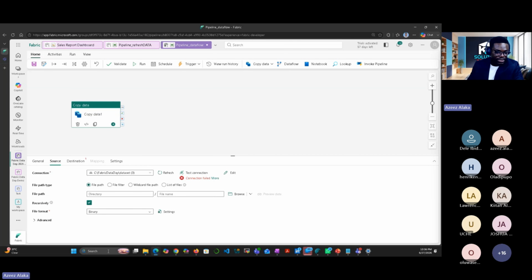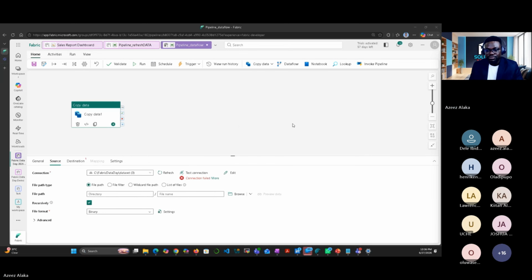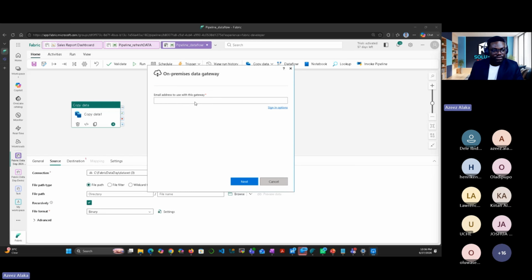I'm going to launch the gateway on my system. Okay, this is my gateway. So sign in. I'm going to make use of the same account I used to register.